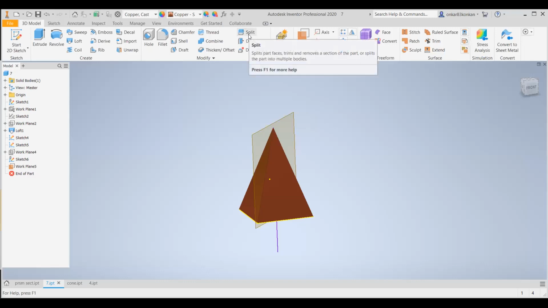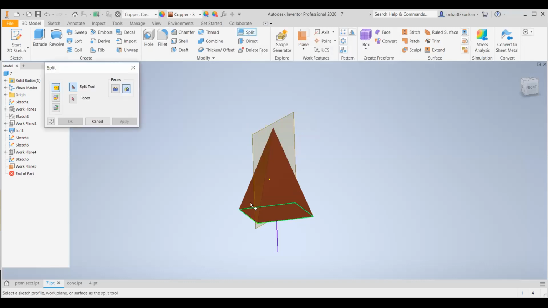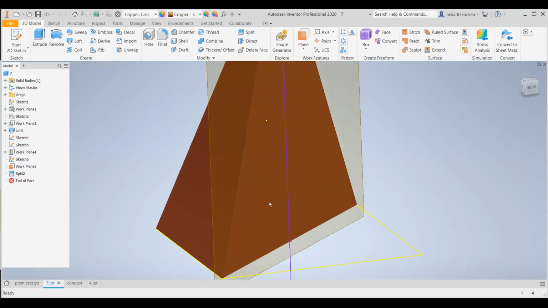So you can observe that true shape by removing this portion. So this is the true shape as a triangle. Okay.